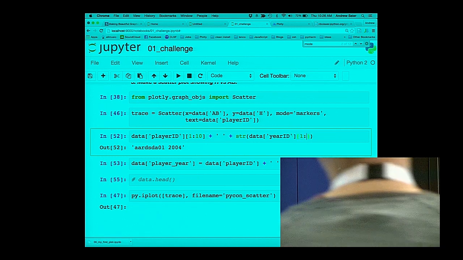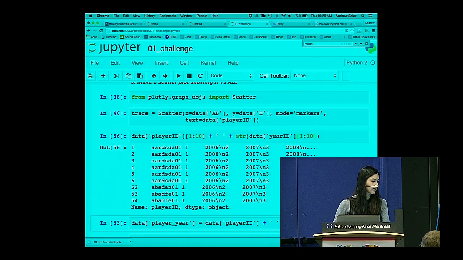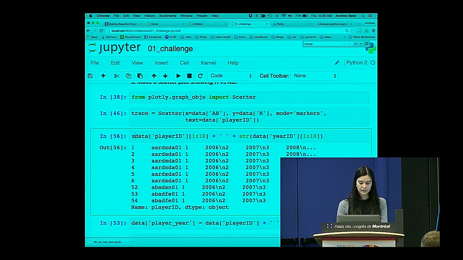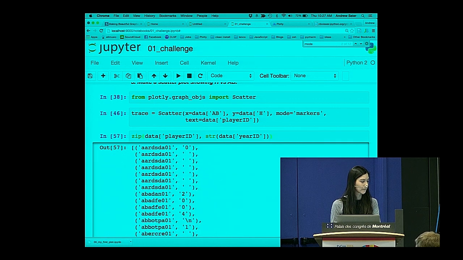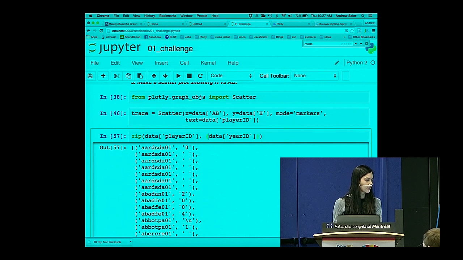It's not clear to me. What was, let's see, zip. And this is confusing. I think so. Okay, and make this a string? Oh yeah, right. Okay. And that will be a tuple? Yeah. And so what if